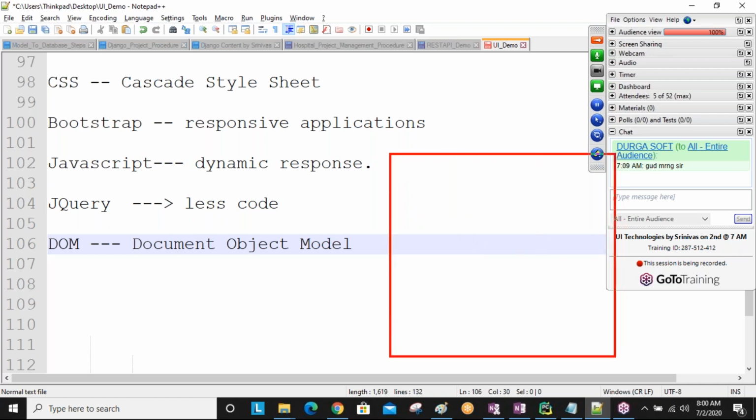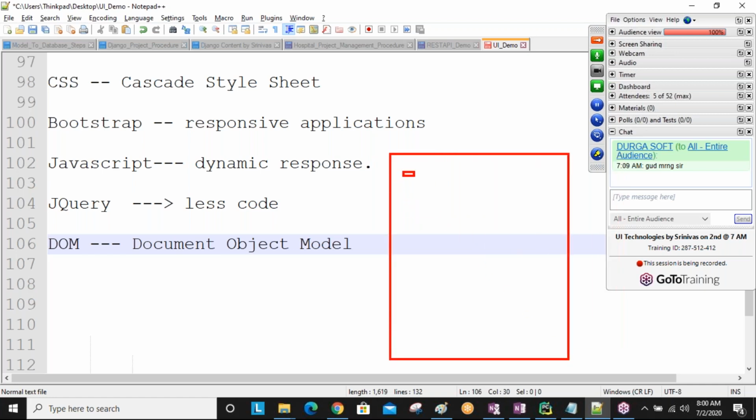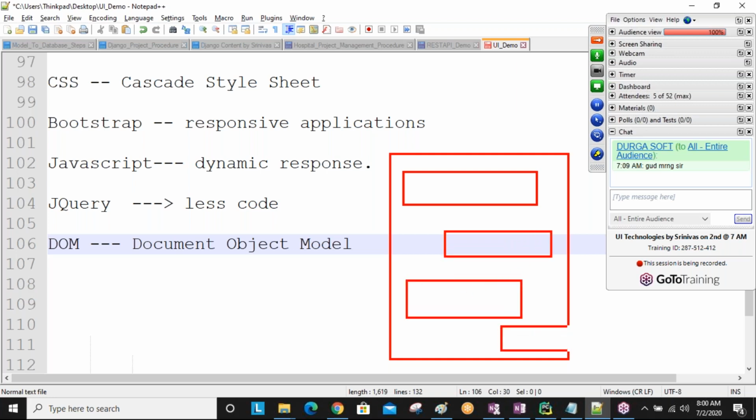For example, this is my application. Here some designing is there, here some designing is there, again some designing is there. When I'm selecting this designing, above it, this entire part, I want to do something.